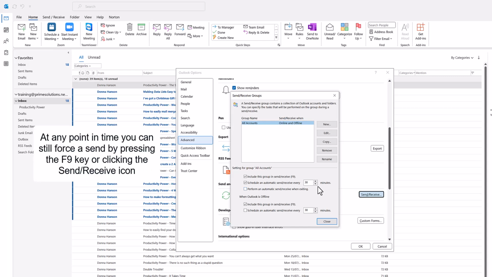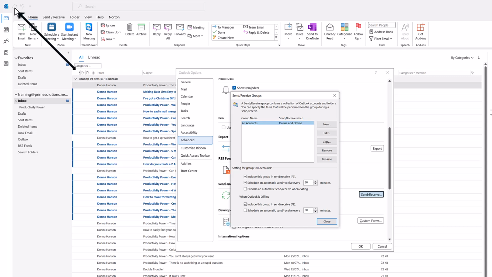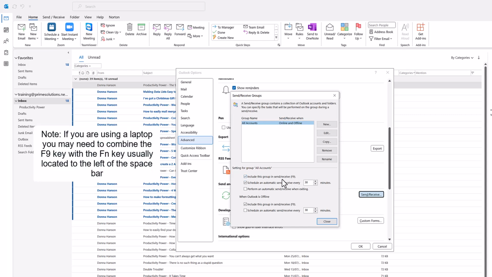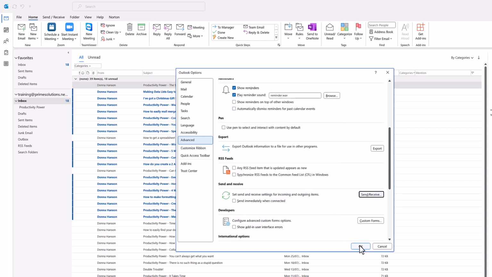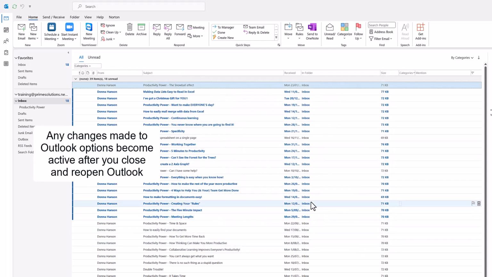Now, look, at any point in time, you can click the send and receive icon, or you can press F9 if you're on a desktop. If you're on a laptop, you may need to use the function key, usually to the left of the space bar. So once you've done this, you click Close, you click OK, and next time you open up Outlook,